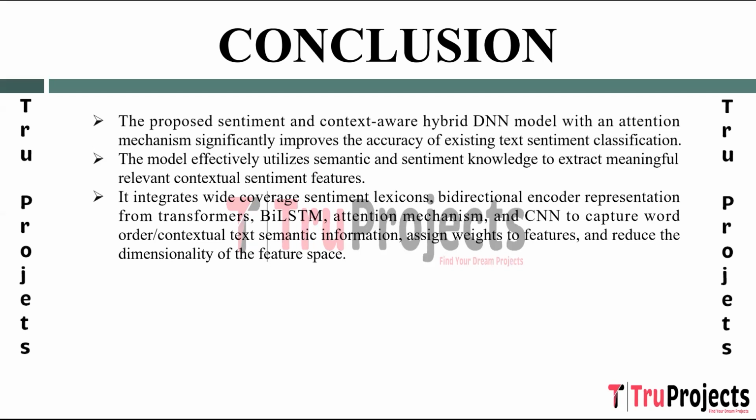The model integrates various cutting edge techniques and components, including wide coverage sentiment lexicons, bidirectional encoder representation from transformers, BiLSTM, attention mechanism, and CNN. Each of these elements contributes to different aspects of the sentiment analysis process, such as capturing word order and contextual information, assigning weights to features, and reducing feature space dimensionality, thereby enhancing the model's overall performance